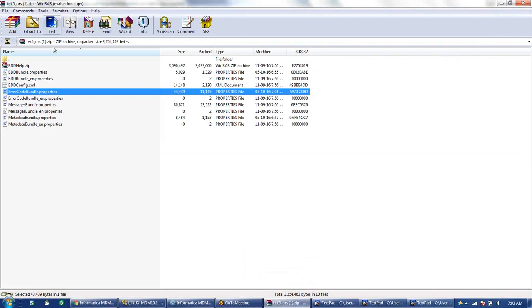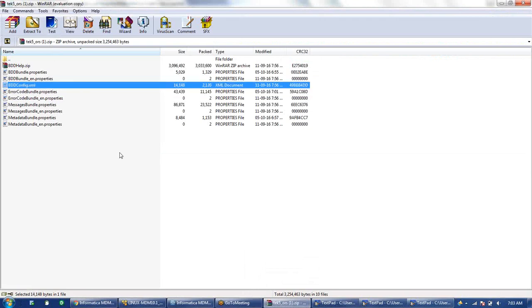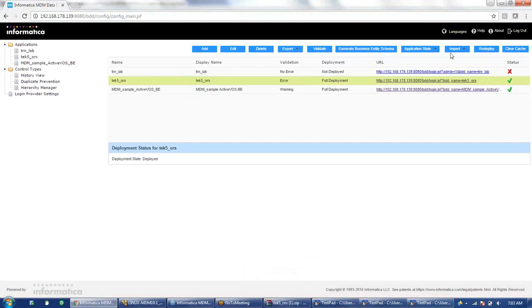Or if you don't want to send the zip file, you can just send this bdd_config.xml. That is also sufficient. So using the zip file or just using the bdd_config.xml, I can create a new application. So that's basically the first 2 options, that you can send either the XML file or the complete zip file.